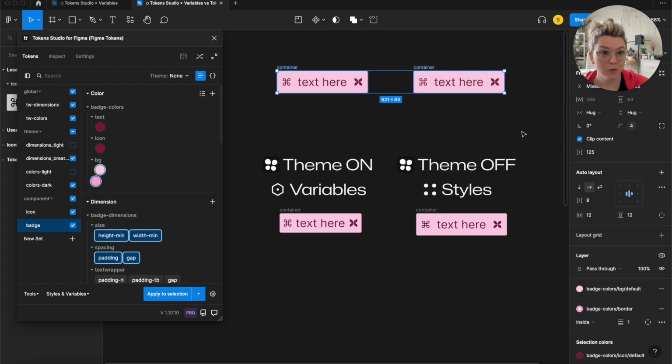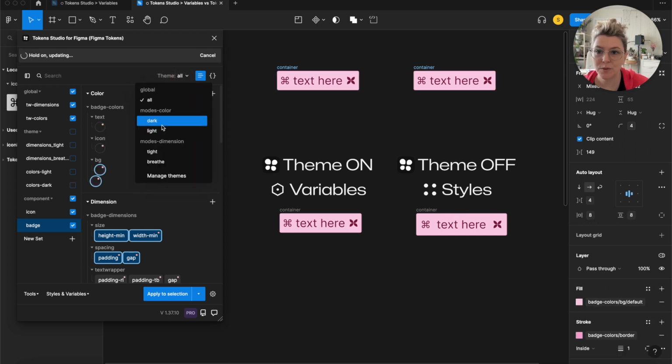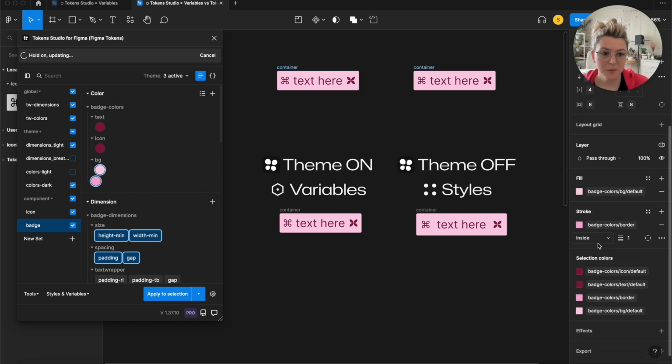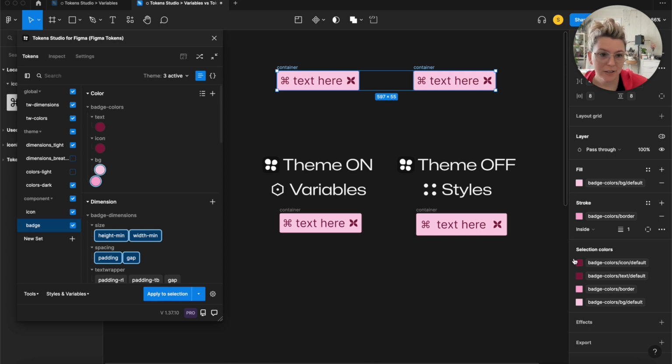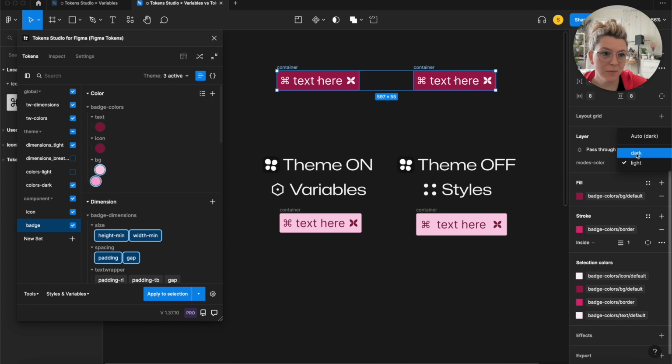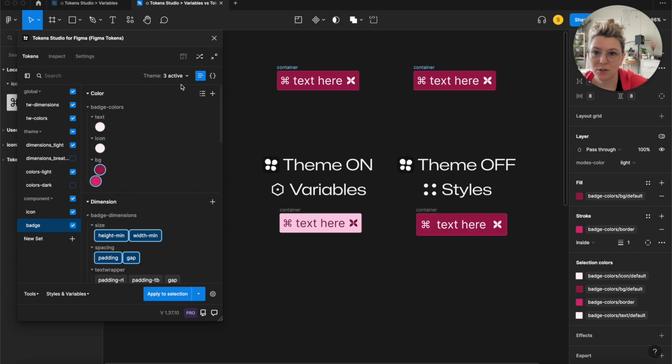And now I want to swap these over to variables. So what am I going to do? I'm going to use my theme groups because my theme groups are connected to my variables. And it just takes a second here. Happens pretty quickly. If you don't see it, you could always hit apply to selection, and now we've got the theme switching there, and I can use the Figma UI to do the theme switching, because you can see in the light mode it should be here. If I switch this over to light mode, only the one that was applied as the style is using the theme switching here. All right, so anything that was applied as a variable will never work for the theme switching,